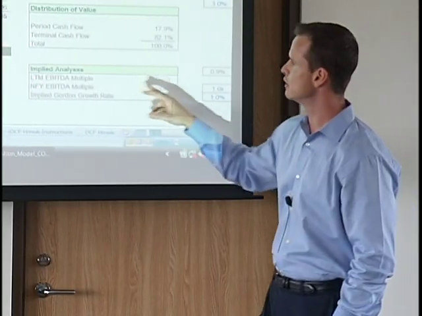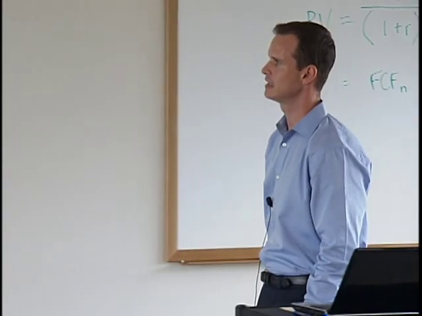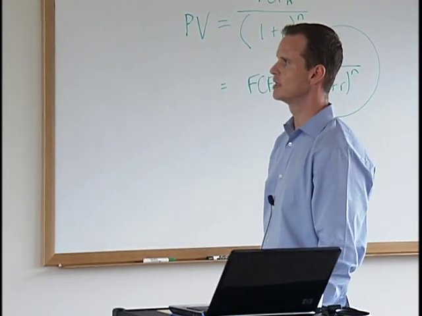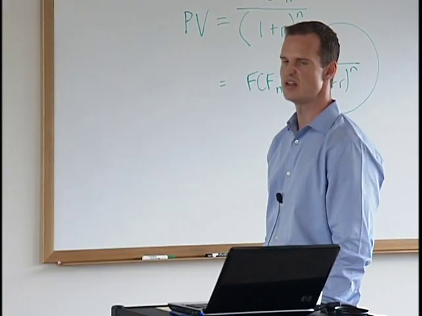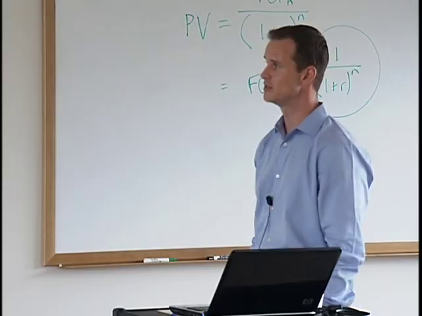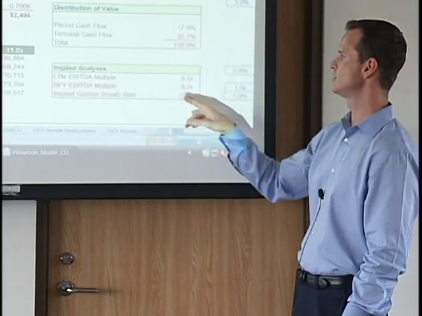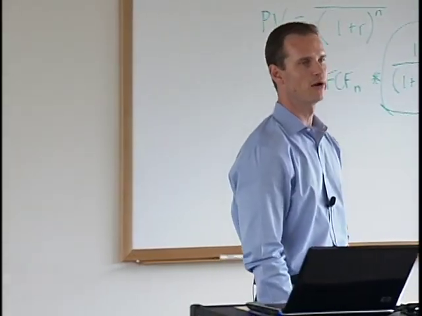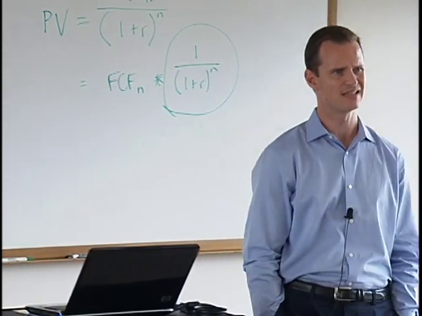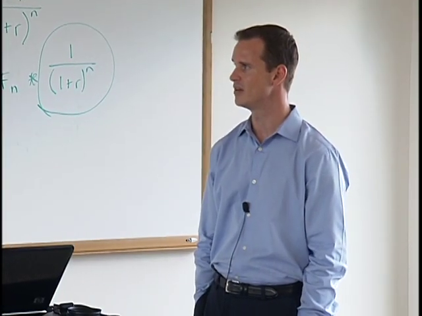And then we also do an implied analysis here. If we take a look at that enterprise value, that $59.8 billion, as a multiple of our latest 12 months EBITDA, this is kind of a back of the envelope gut check, sanity check. What does that represent as a multiple? 9.5 times. What does it represent as a multiple of next year's EBITDA? 9.2x. We can compare those to how the industry is being valued and say, is that reasonable? Is it reasonable to think that Kraft should be valued at a